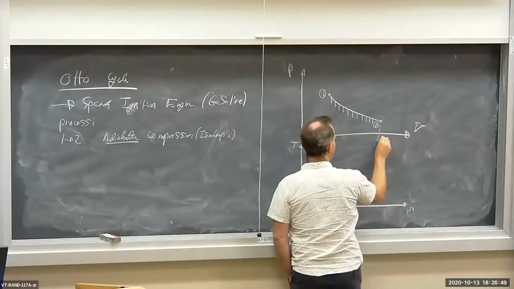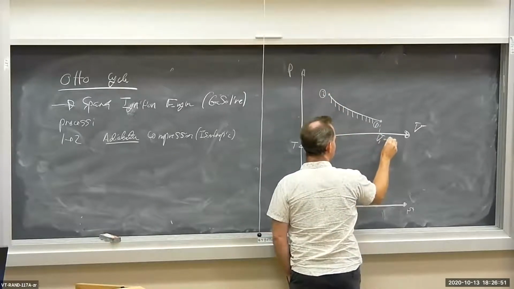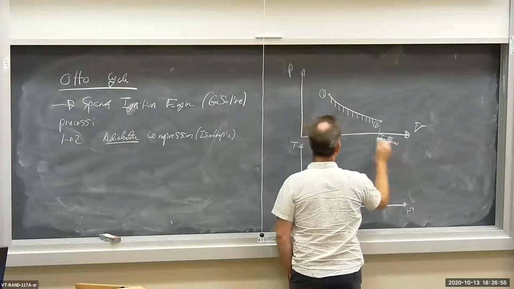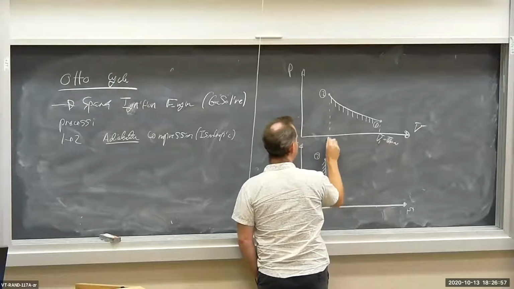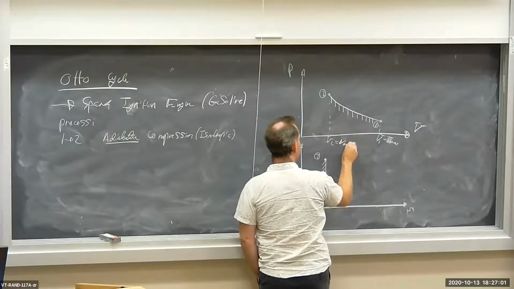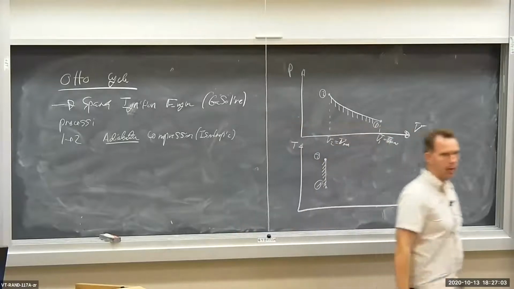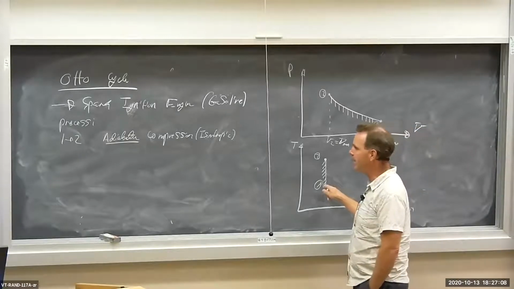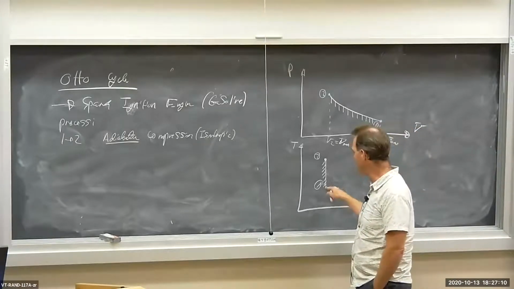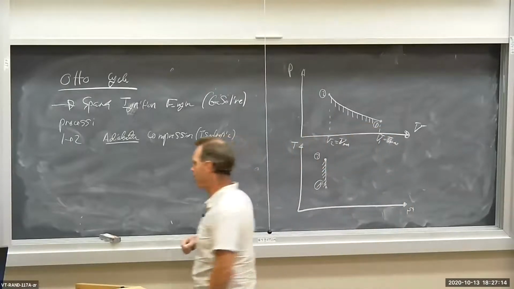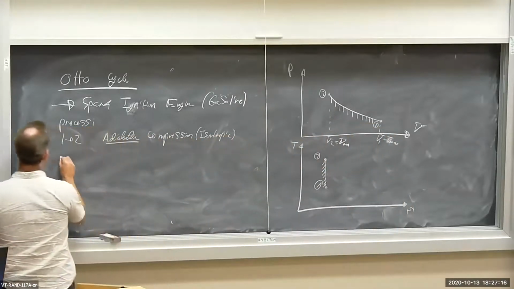By the way, this is volume V1, which is the maximum volume in our cycle, and V2 is the minimum volume in our cycle. You'll see that in just a moment. Okay? So 1 to 2, adiabatic or isentropic compression. Temperature goes up, volume goes down, pressure goes up. Okay? 2 to 3,